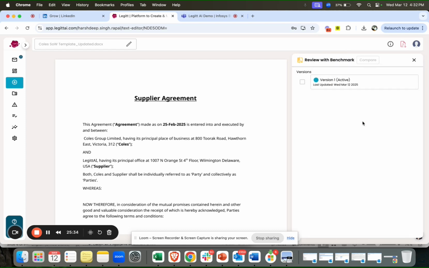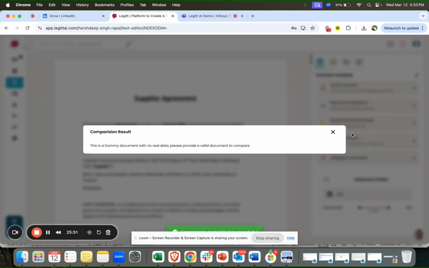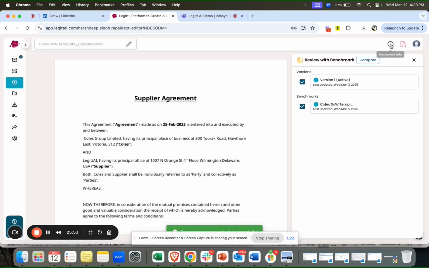And if I have to measure it against the benchmark again, I'll check that this is my version 1, and this is the benchmark contract I have. Click on compare. What it does is, sorry,